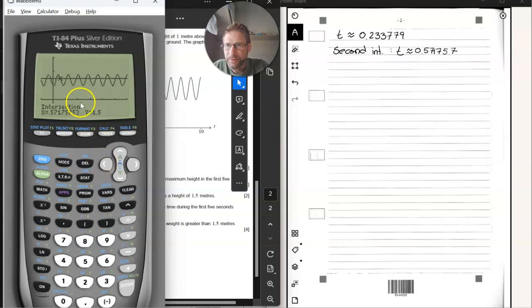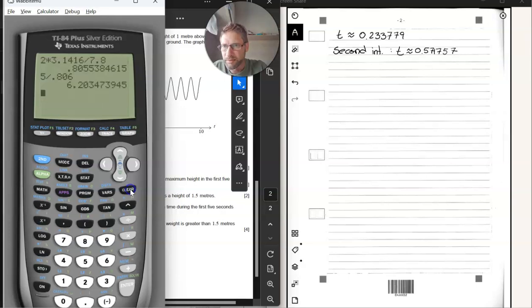So if we subtract these two times from each other, then we get the duration of the time interval where we are above 1.5 meters. So I'm going to start doing that. I'm going to quit this, and then I'm going to say my number 0.571757 minus 0.233779, with plenty of digits, to see that the duration